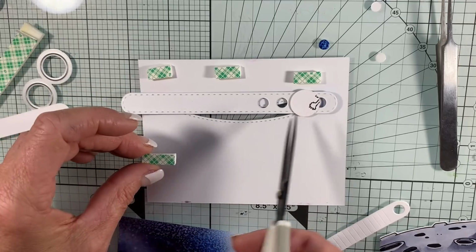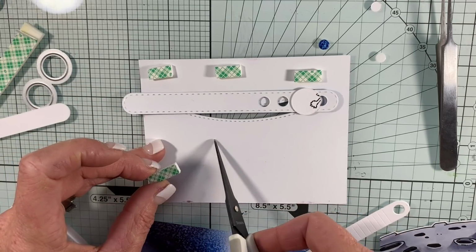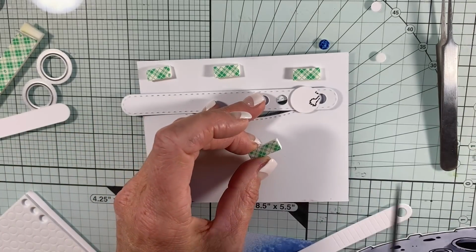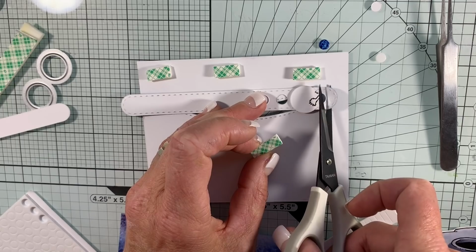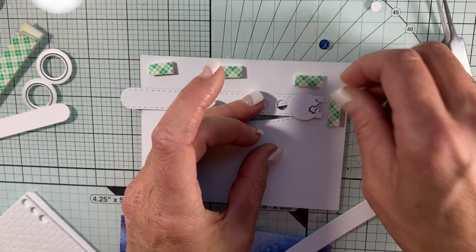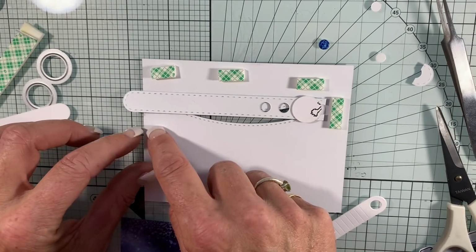I doubled up this foam tape, by the way. Now remember what I said about the top portion? We need to be able to run something by it. So in order to keep this stable, I'm gonna cut off that end. I'm gonna put it there. Nothing to keep it stable here, except for